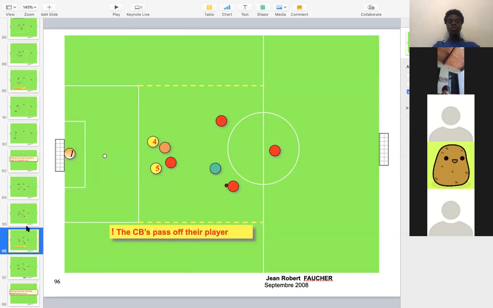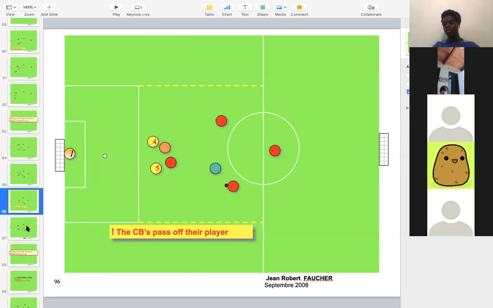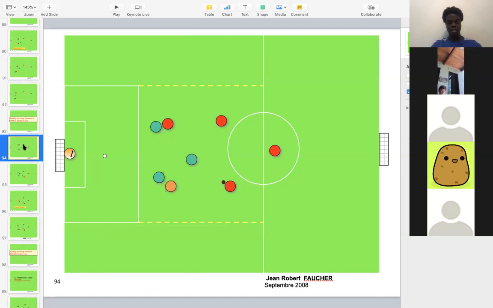We no longer do what was called man marking before. Not as much, especially not with center backs. You do it for a few seconds, but if they leave your area, your region of defense, you switch off, you pass off your player, and you pick up the next one. So what it looks like is,